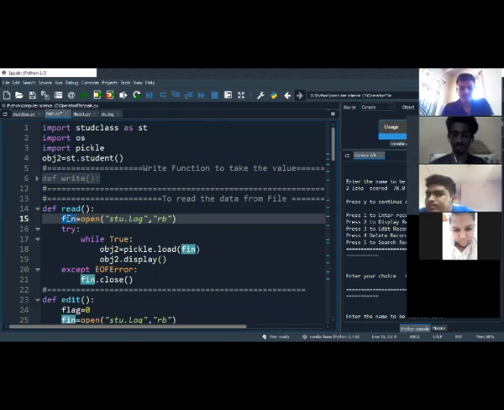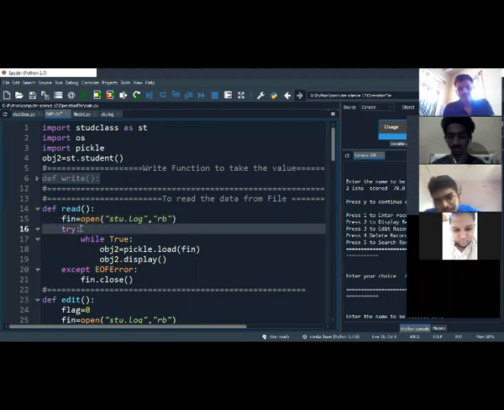So I created one stream fin and opened my stu.log file. After opening that file, I open in read byte mode. If I read only with R, it will not work because there are bytes there. So I'm opening in read byte mode. After opening, I tried and except error.